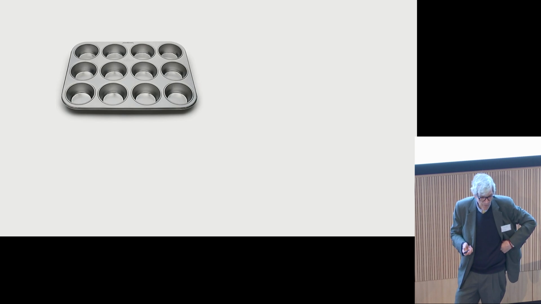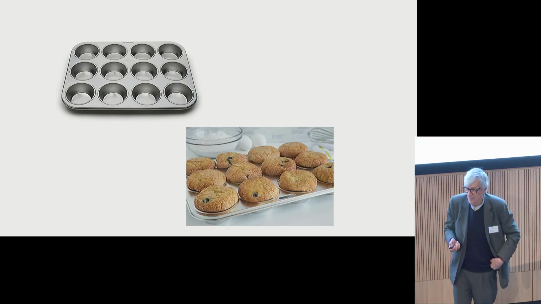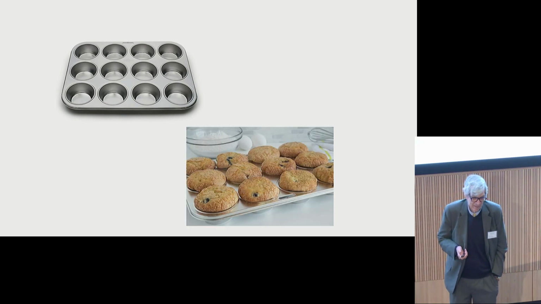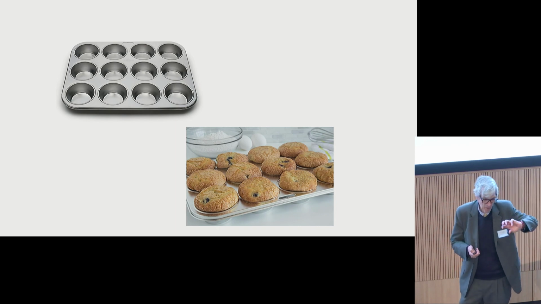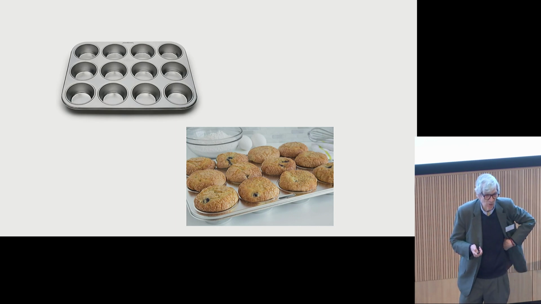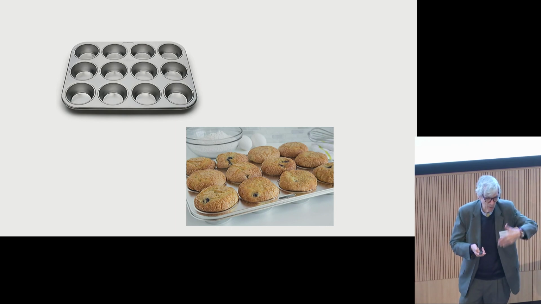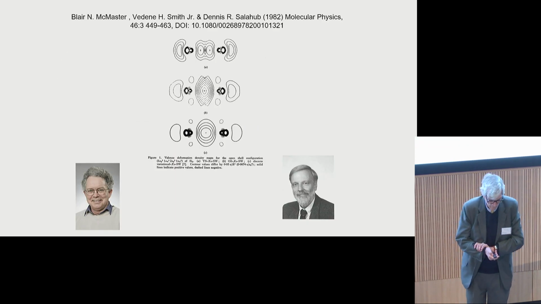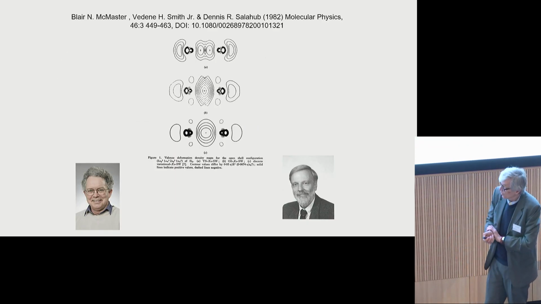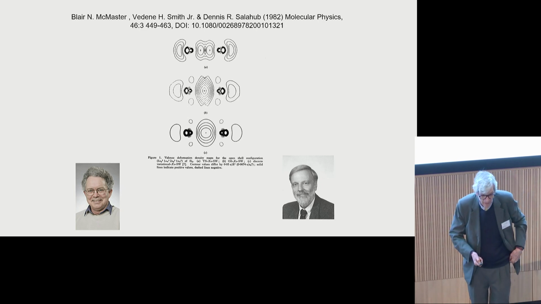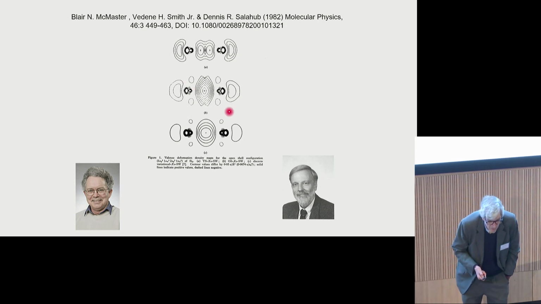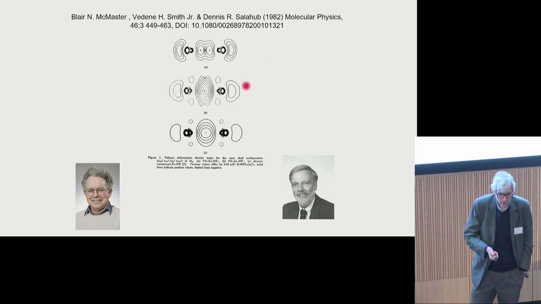So what is this muffin tin? Well, it's a tin that makes muffins. And if you think of spherically symmetrical potentials and constant regions in between them, it looks like a muffin tin shape from the outside. It gave interesting orbitals such as this for, I forget even which molecule this is, maybe it's Si2 or something, but the scattered wave approach